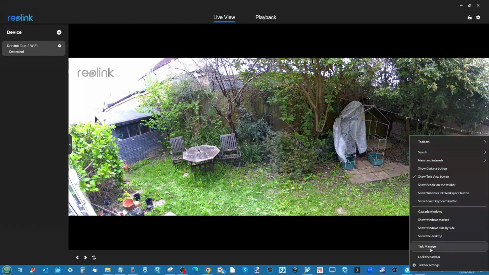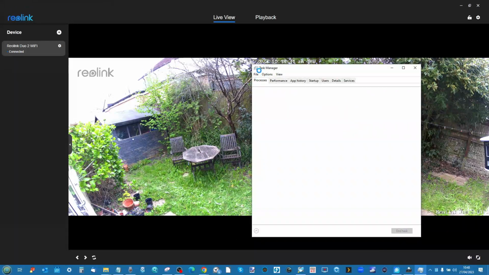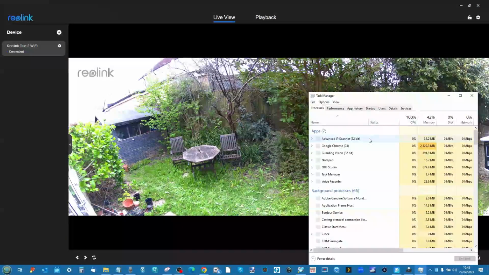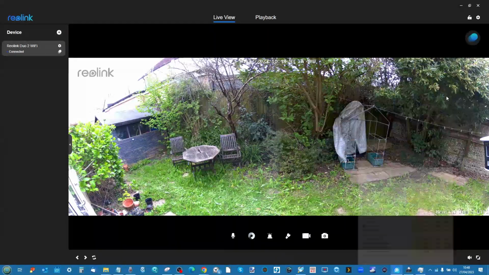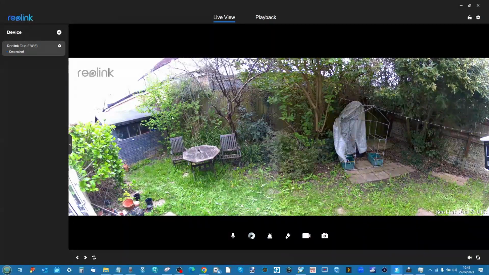And do you know what, while we're doing this, it might be quite useful to periodically have a look at the task manager there, just to see how much resources are being used. Obviously, we're running OBS at the same time, and we've got the Guardian app running at the same time. We're able to see that the, let's go for it, the Reolink application isn't being too exhaustive. I mean, definitely compared to the likes of Chrome. And the application here running,